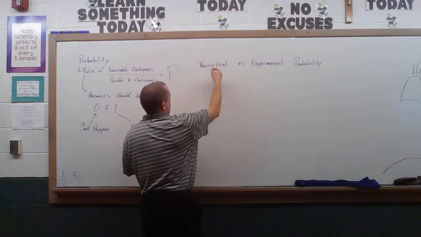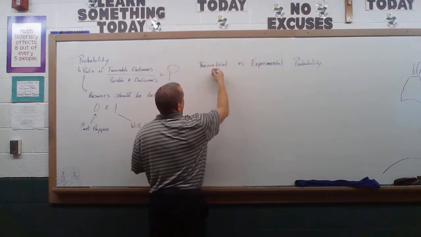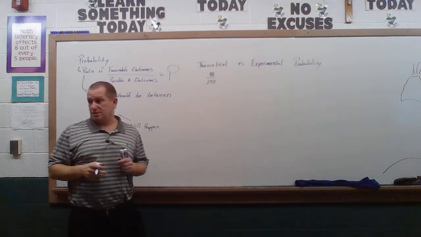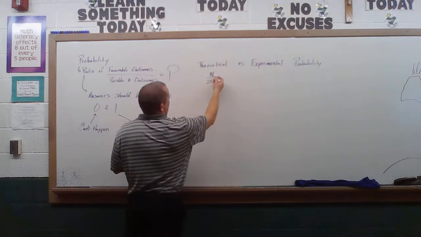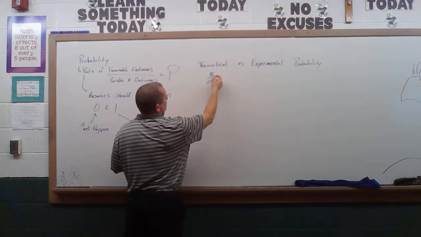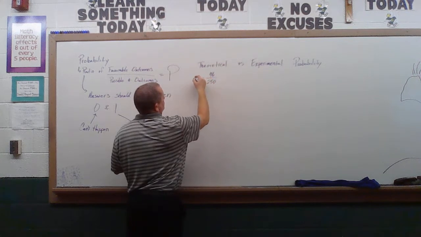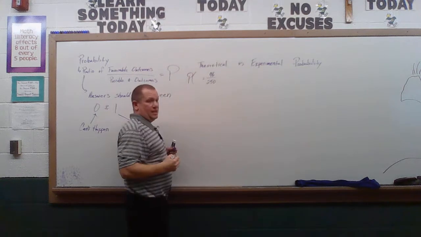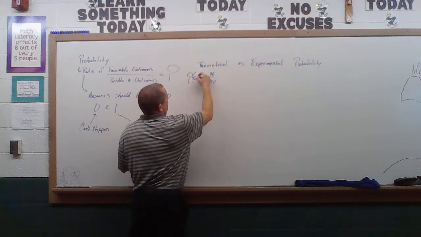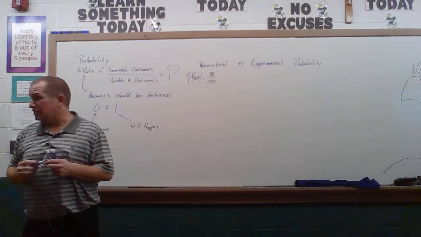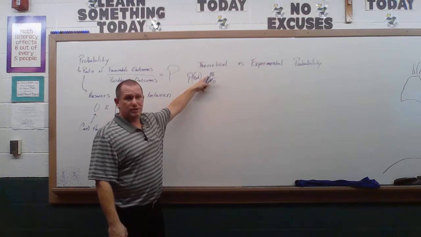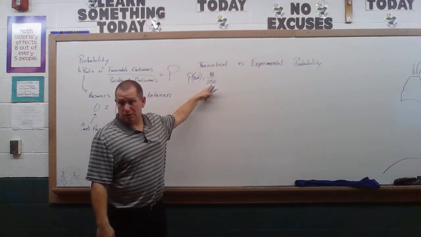So what is the probability, again, of me getting red jelly beans? Well, there's 46 red jelly beans, and there's 250 total jelly beans. Okay, so my possible or favorable outcomes of getting a red one, and then however many there are. So to write this, we could say the probability of, and then we would put inside the parentheses whatever we actually want to talk about. So the probability of a red jelly bean is, we would know how many red ones there are, and we would know what the grand total was.